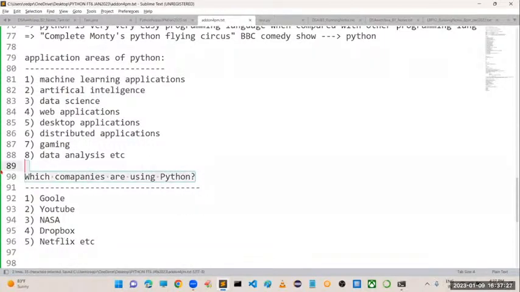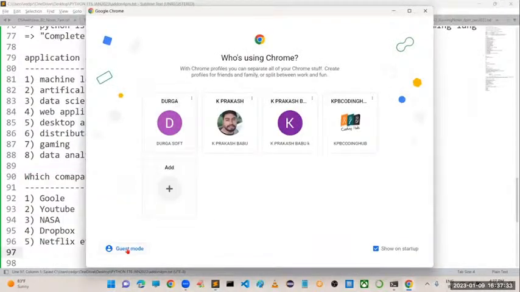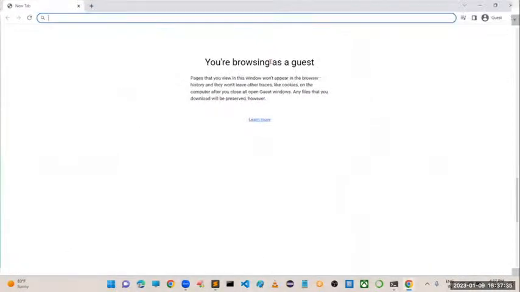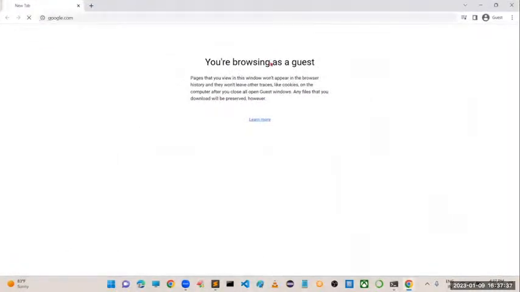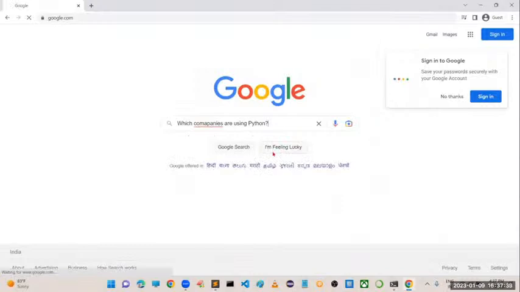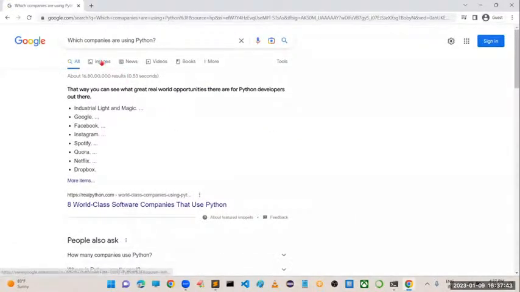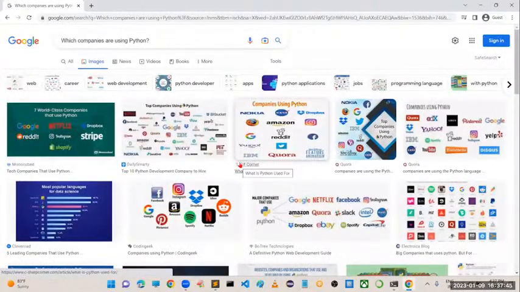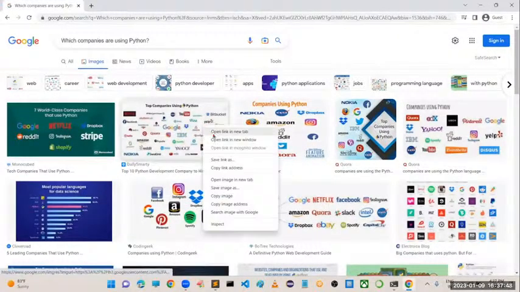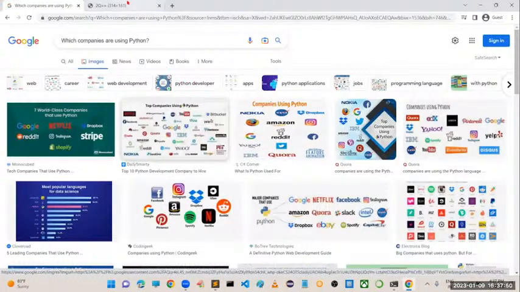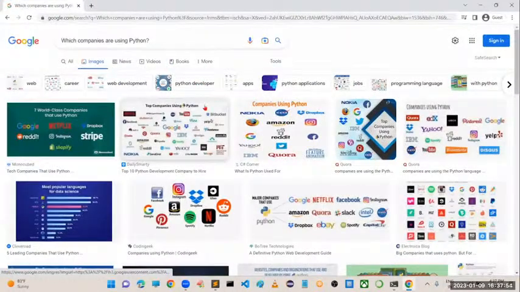We have so many online platforms like that. You can have a look once to see whether these companies are really using Python or not. Let me search this. You can see which companies are using Python, and if you want, you can see the images. Have you observed?